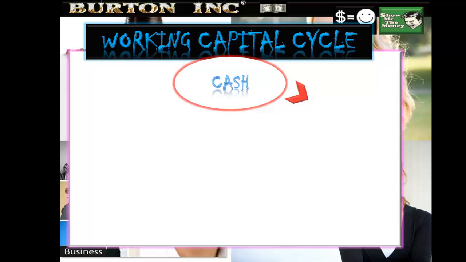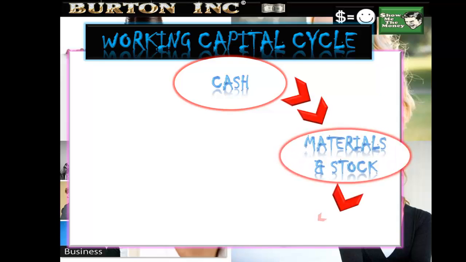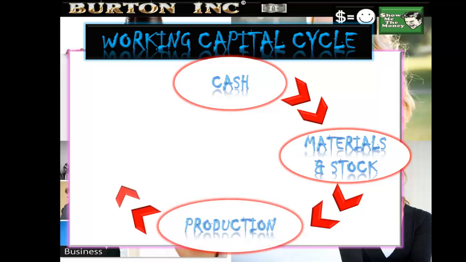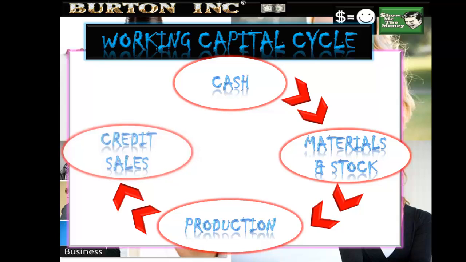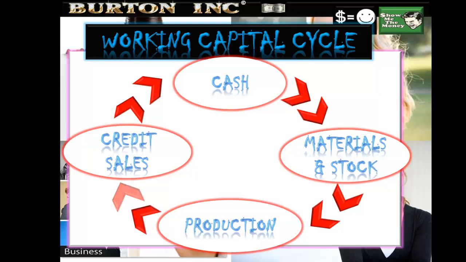Right, the working capital cycle and a little bit more detail now. So cash, we turn that into materials and stock. Those materials and stock we use to produce what we produce. We then sell our goods and services. Perhaps we do this on credit, and finally when our creditors pay up, we can receive some more cash and use that cash, buy some more materials and stock,